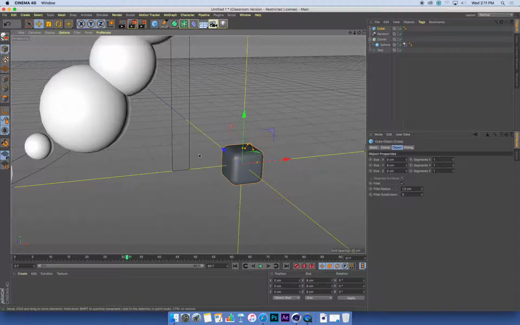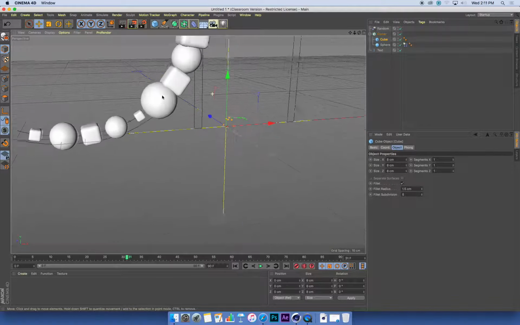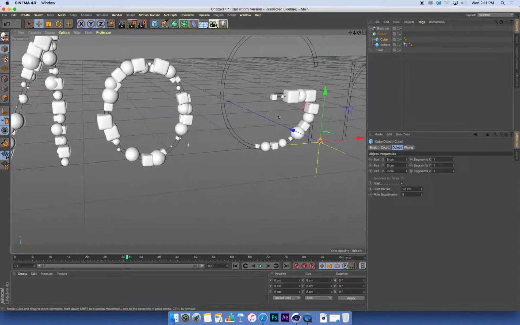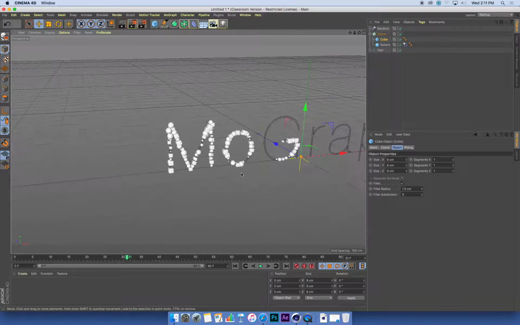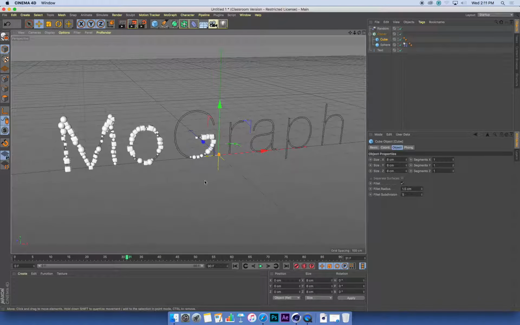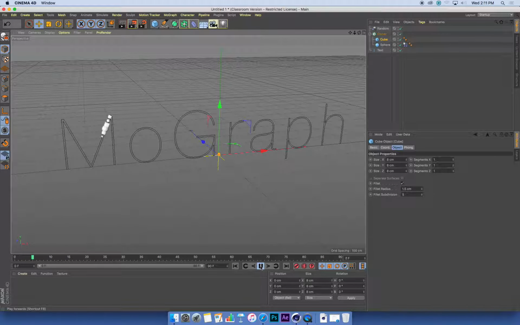So once I've set my cube up and I've got its edge filleted so it's nice and smooth, I'm going to drag and drop it into the cloner. And what we should see as soon as we do that is our cloner now updates with a collection of cubes and spheres, because you can put as many objects into a cloner as you want, and the cloner will just duplicate any of the objects that are in it. Okay, if I hit rewind and hit play,